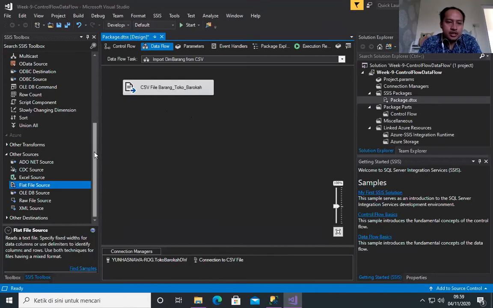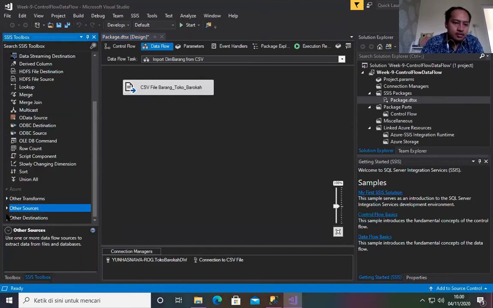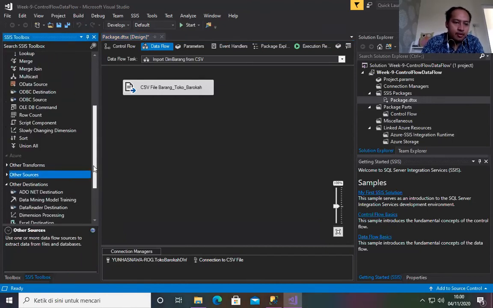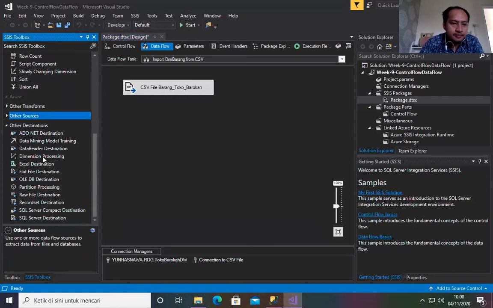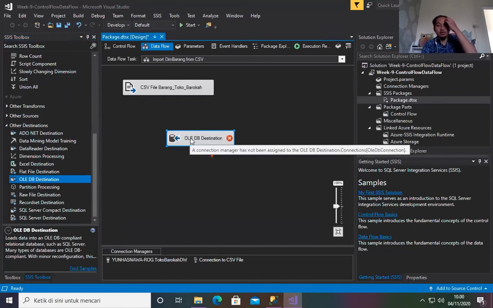Then next we have to create our destination. For that, we need to use an element from the destination section. For example, here I need only OLE DB destination. Why? Because I want to put my data into a data warehouse, which is located in SQL Server.